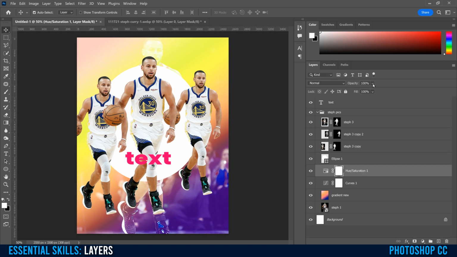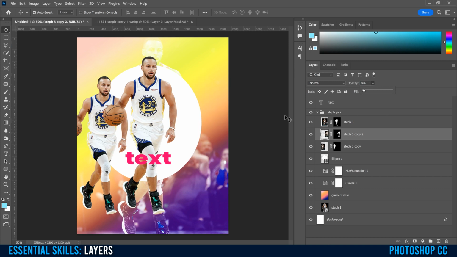Next is opacity over here. So I'm going to click on the side 2 Stephs. I'm going to go to this one, and all you have to do is click and then use this slider. So the lower you go, like if I go down to 0, that means it's completely see-through. Obviously 50% or so would be kind of halfway through. So I'm going to go to about